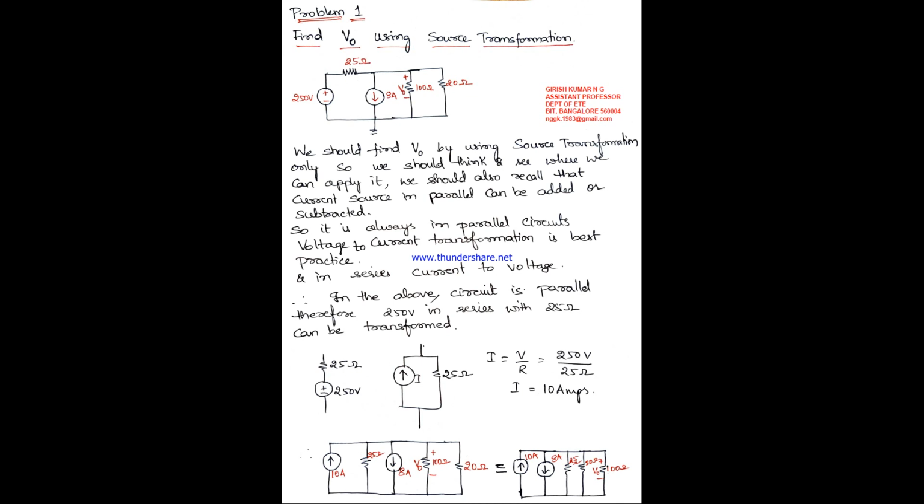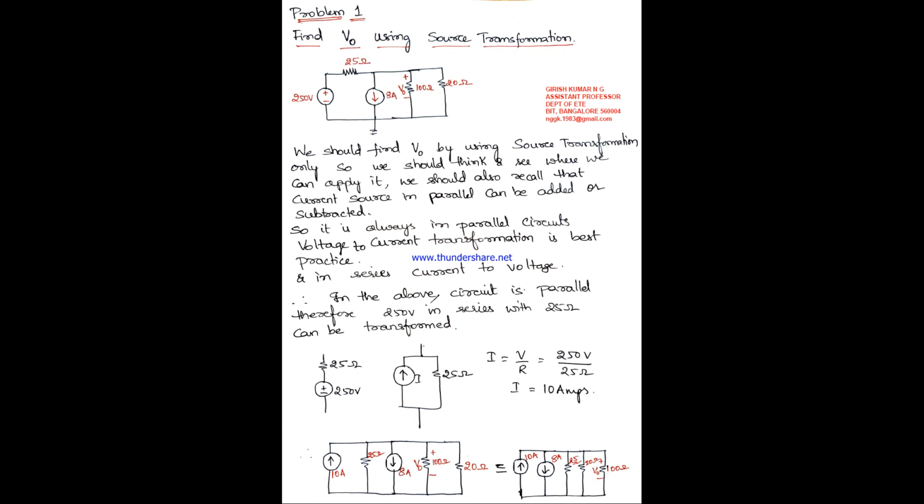The first thing students always do is think that these two resistors are in parallel and they are forced to find the equivalent resistance. No, it's wrong, because when any question is asked, you should understand the question first. He is asking you to find the voltage across the 100 ohm resistance. So it is not good practice to convert that parallel to series and lose that 100 ohm resistance, because if you convert that parallel to series, then the 100 ohm will vanish, right? So keep that 100 ohm as it is and then see what else you can do by applying source transformation.